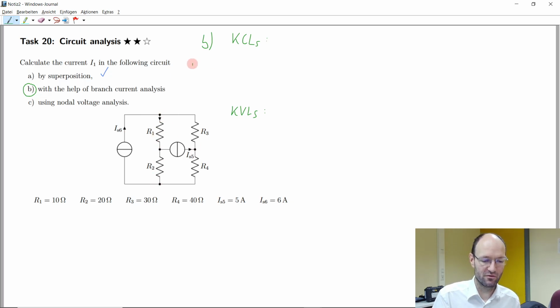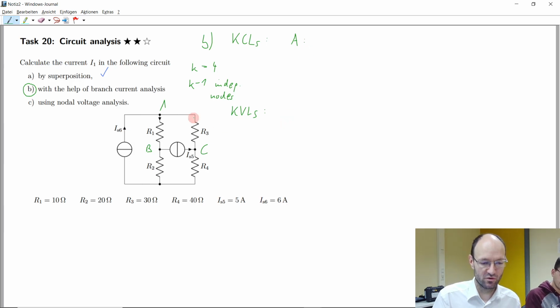So we can say, okay, K equals the number of nodes is 4, and we always have K minus 1 independent nodes. So we need to find 3 nodal equations or 3 Kirchhoff's current laws, and we can just do it, let's say, for this node, this node, and this node. So for the node A,